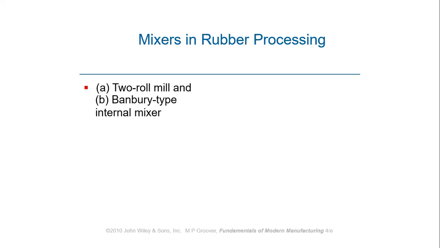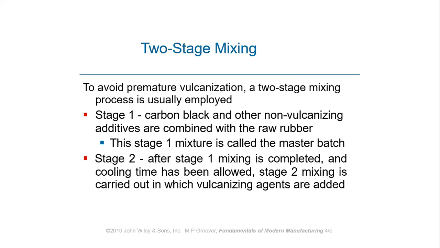And there can be different types of mixers. The basic types are the two-roll mill or the Banbury-type internal mixer, which can also be used for rubber processing. In the case of the two-roll mill, the mixing actually consists of two stages to avoid premature vulcanization. At the first stage, carbon black and other non-vulcanizing additives are combined with the raw rubber. The first stage is called the master batch. And then in the second stage, the mixing is complete, then